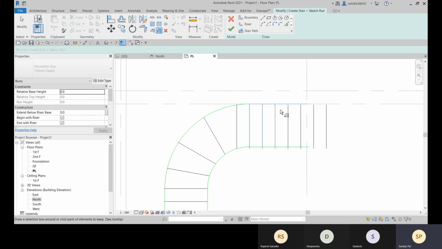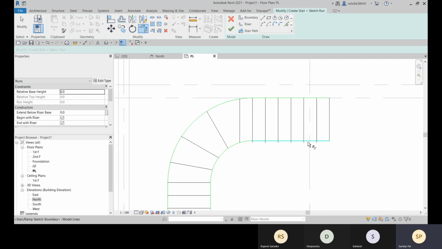Need to extend. Let me extend this one also. Let me extend this one. Now let me select this, let's trim these.